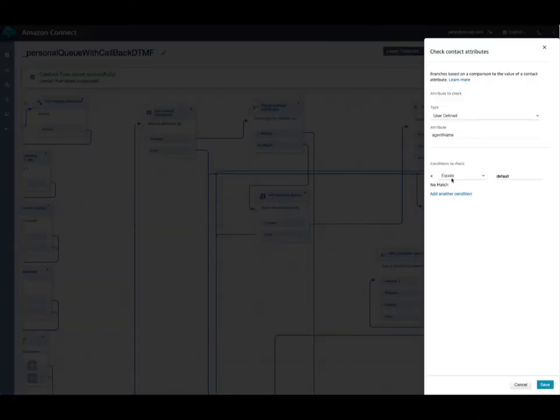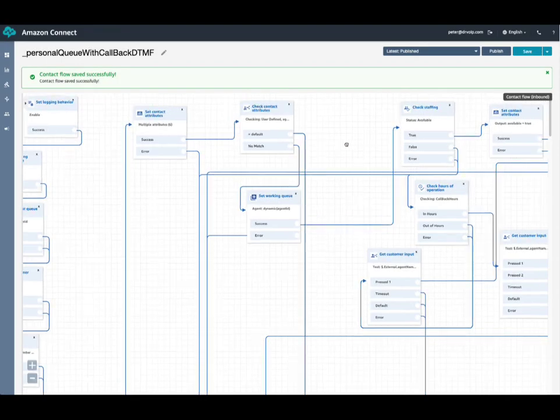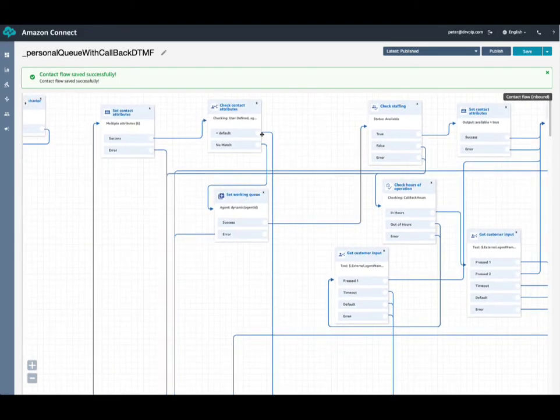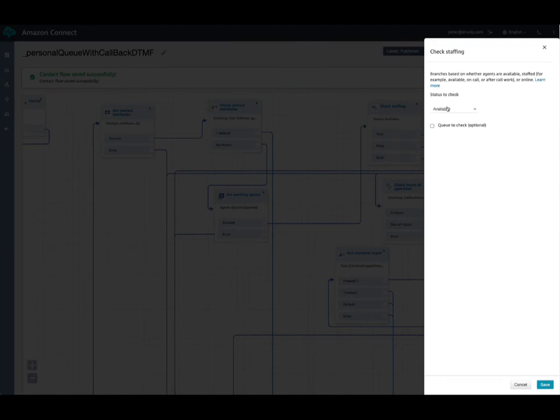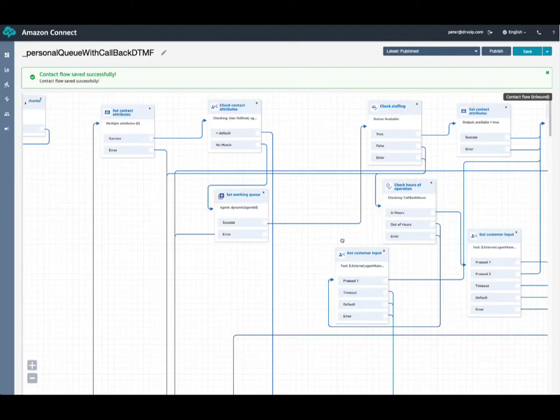We're going to check to see that we do in fact have a name. And if there's no match, meaning that we've got a name, what we're going to do here is go check the availability. Now, what we're doing here is checking to see if the person that they're trying to reach is available, not on another phone call.